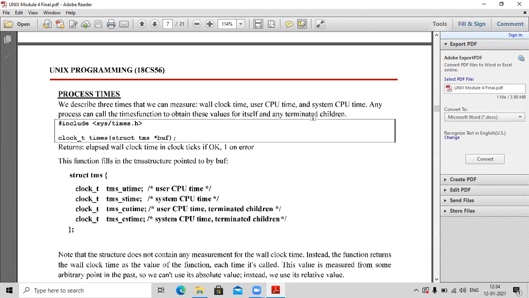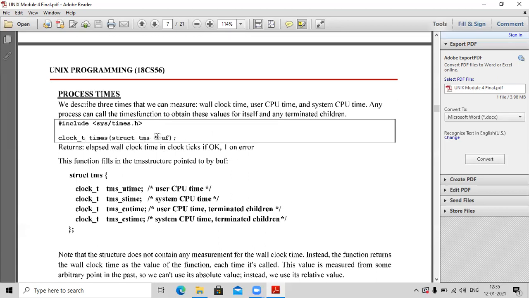If any children get terminated for a particular process, then that process can call this times function to obtain the values of these three times. The function returns the elapsed wall clock time in clock ticks if okay. That means the wall clock time will be returned by this particular function. It will return -1 if there is some error.